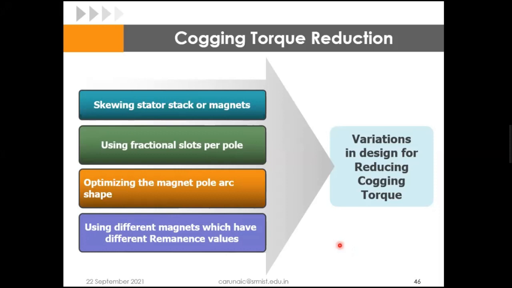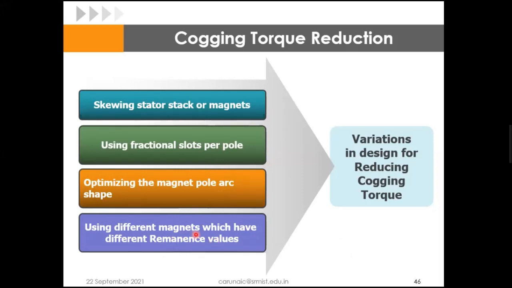These are the design technique variations that are carried out to minimize the cogging torque: skewing the stator or the magnet, using fractional slots per pole combination, making the permanent magnet design in such a way that you possess a small cogging torque, and using different magnetic materials in the rotor which have different remanence values.